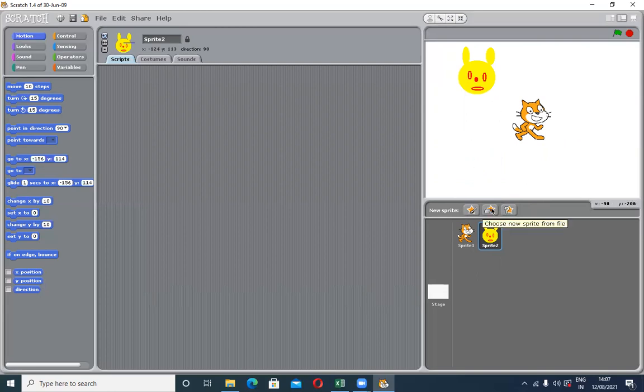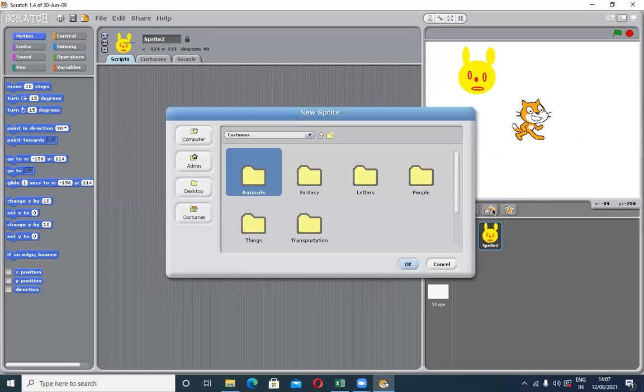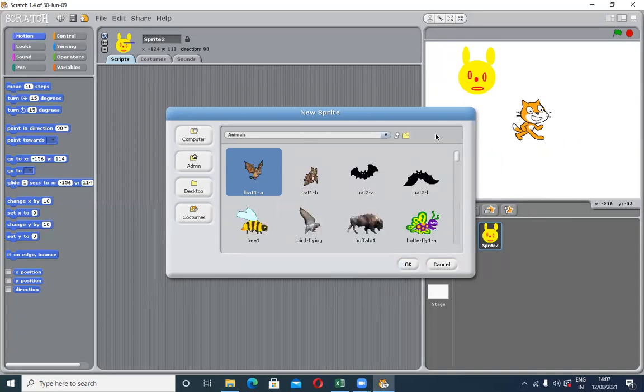Second option here I'm showing you. These are the default, ready-made sprites; this is a library of Scratch. Suppose I'm clicking on this one. Now you're watching, these are the ready-made sprites that appear from the library.